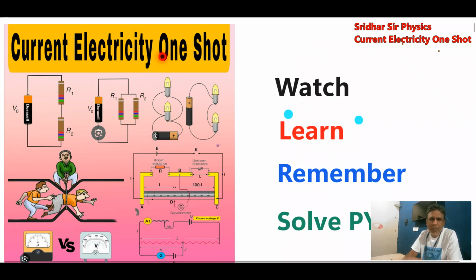So this particular chapter is again interlinked with RC circuit, electromagnetic induction, alternating current, photovoltaic effect. Everywhere the resistance ideas will be used. So therefore, it's a compulsory chapter which everyone should learn, revise, and you should solve PYQs of this concerned